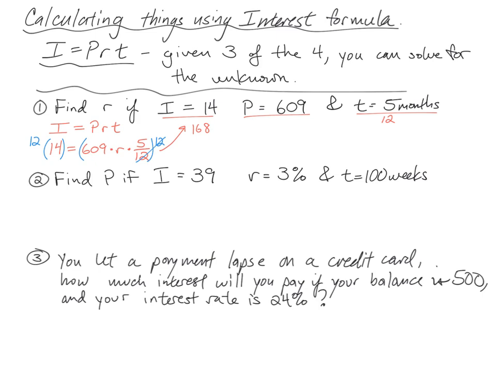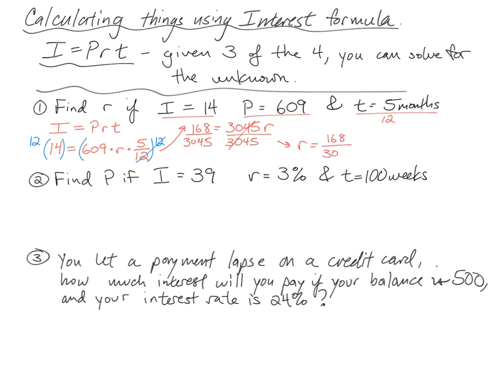So we can multiply the numbers together. 609 times 5 is 3,045. And that's still being multiplied by R. Now, if we want to solve for R, it's a pretty simple solve at this point. Divide by 3,045. Divide by 3,045. That will reduce away to 1, and that tells us that the interest rate is